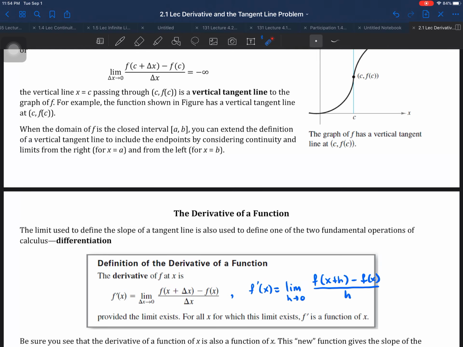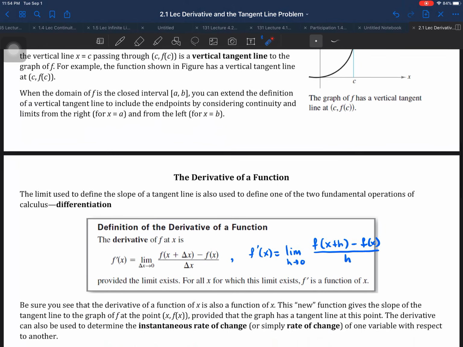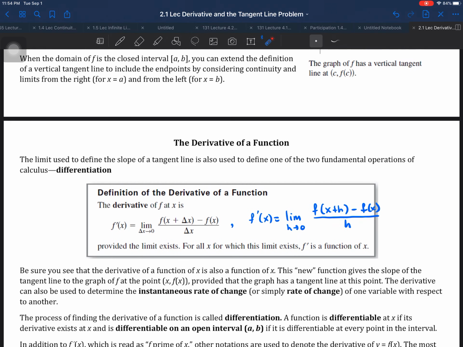Now we're gonna connect this to our class, and we're gonna give it a different name. We're gonna define the derivative function. If we apply the same rule that we did above, this limit function, but instead of plugging in an actual number for c, we leave it in variable form,